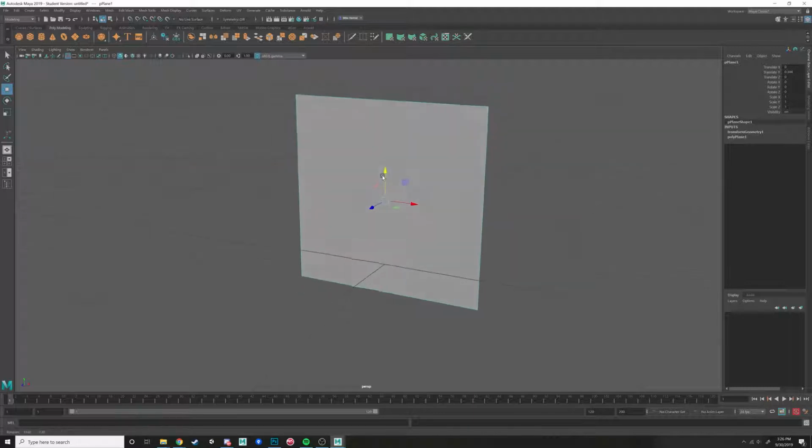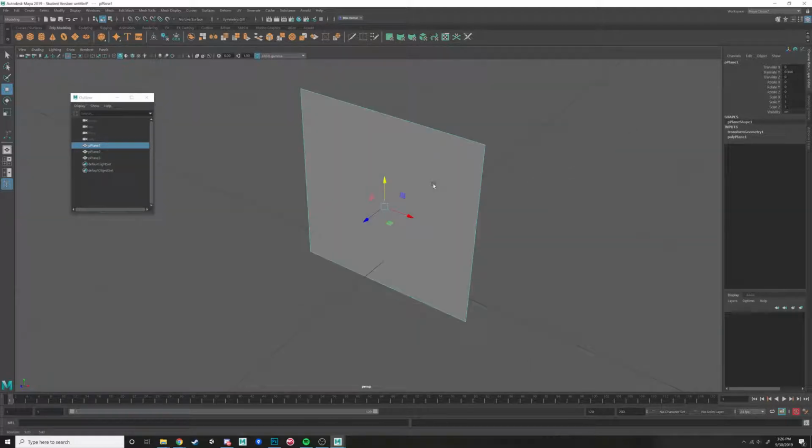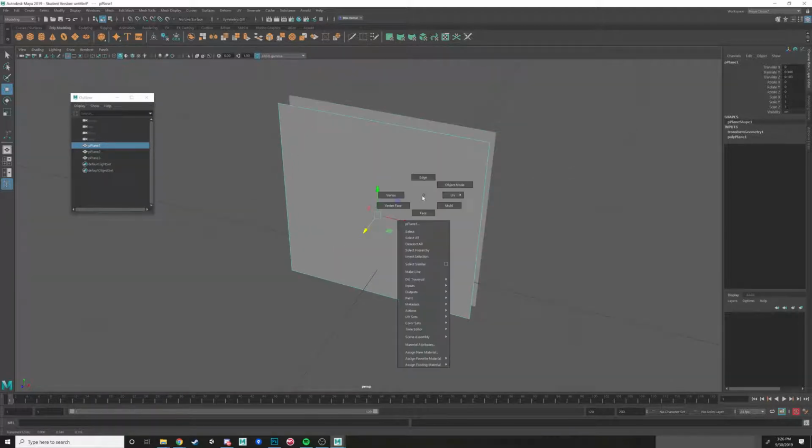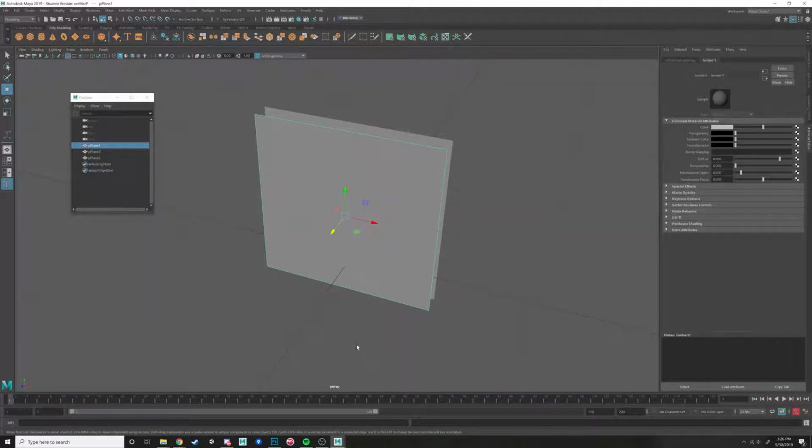So I'm going to go ahead and duplicate this once, duplicate it twice. So now in Outliner, you'll see I have 3 planes. Now in these planes, we need to apply a new material. So you'll see in the material attributes, if I open up the material attributes,